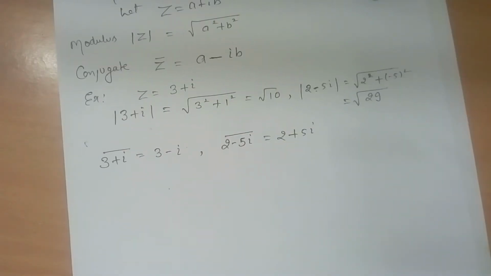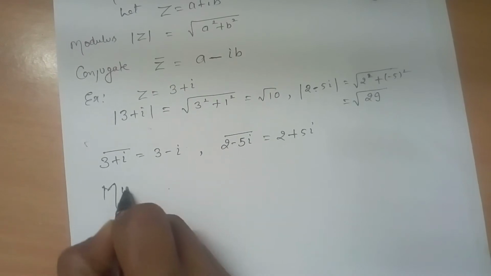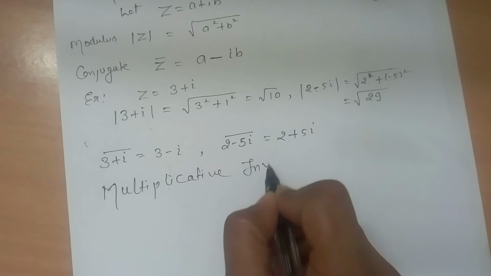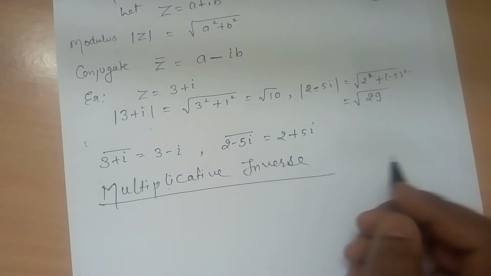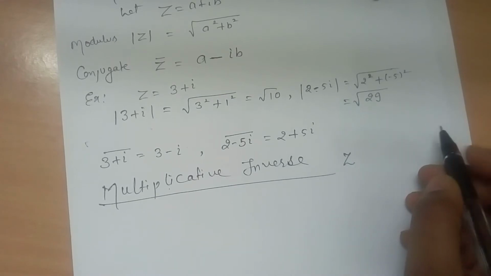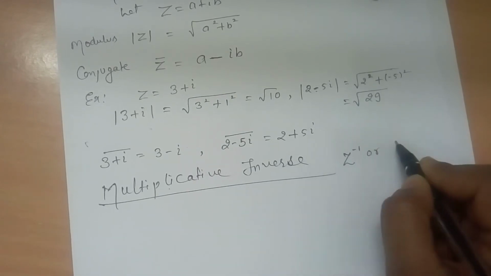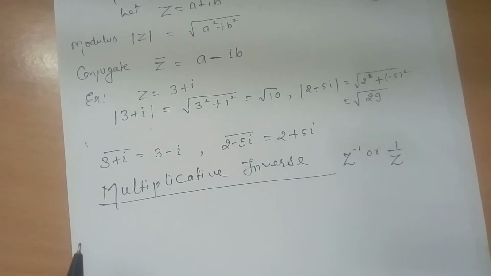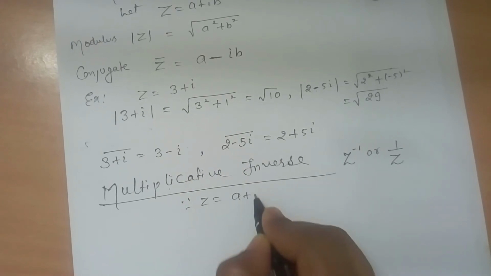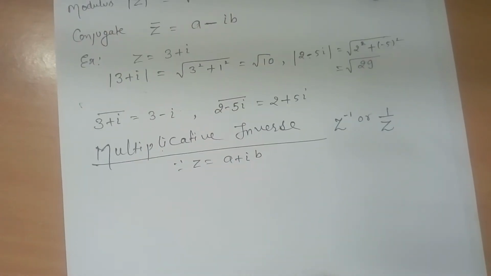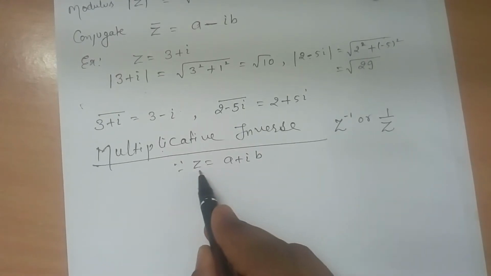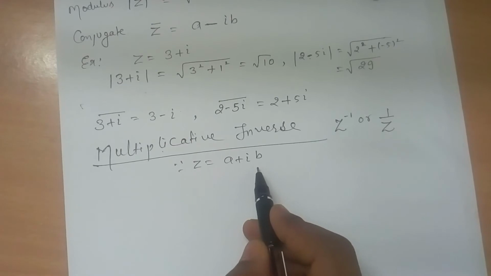Now we'll define one more term, multiplicative inverse. The multiplicative inverse of a complex number z is denoted by z inverse or 1 upon z. Okay. Now since z is equal to a plus ib, we'll derive a formula to find the multiplicative inverse. So here, let z be a complex number, then